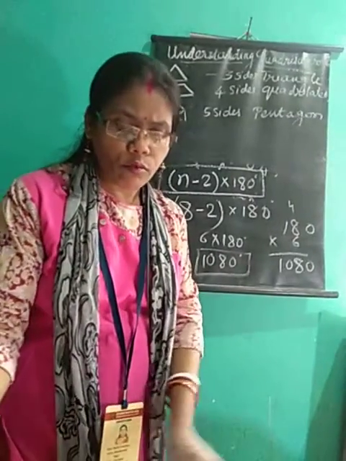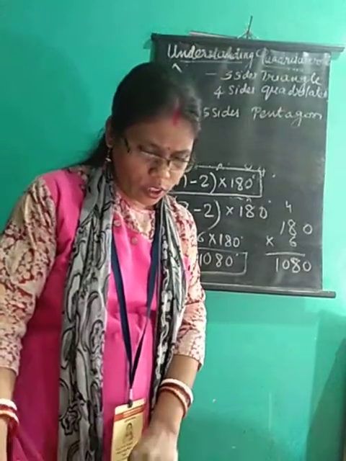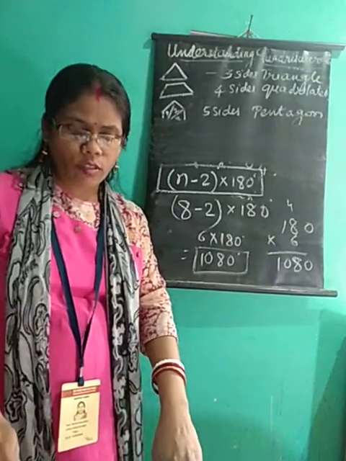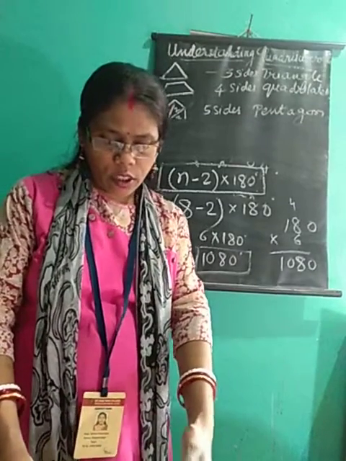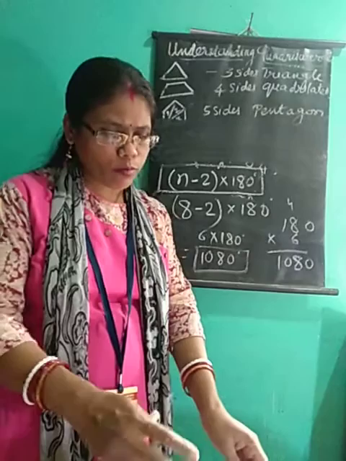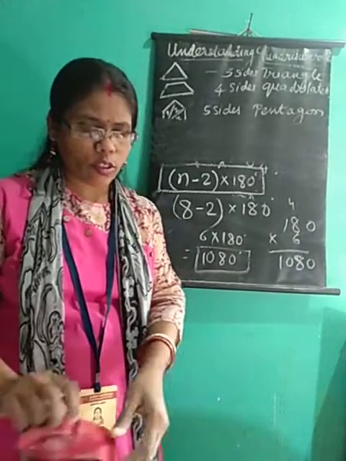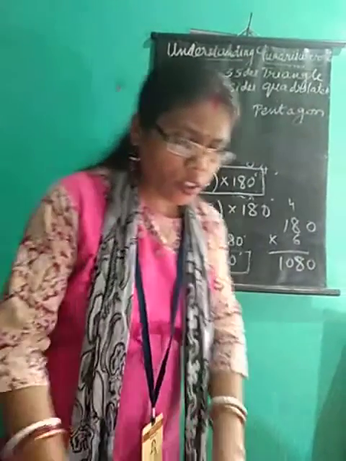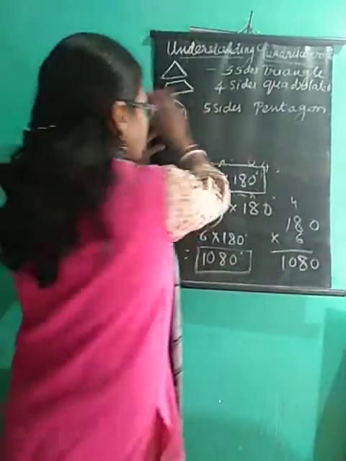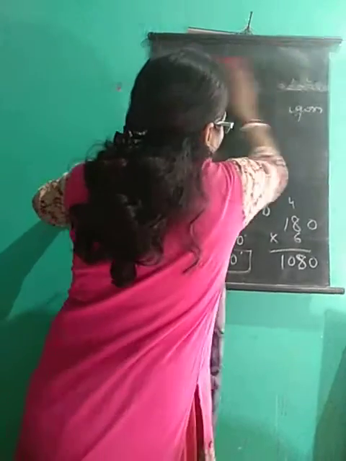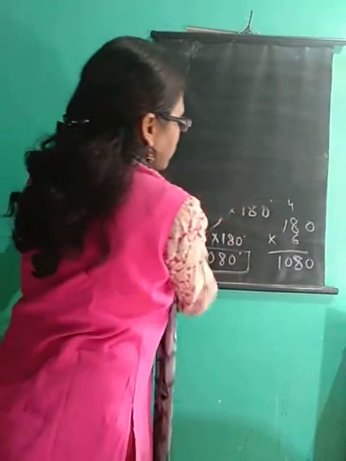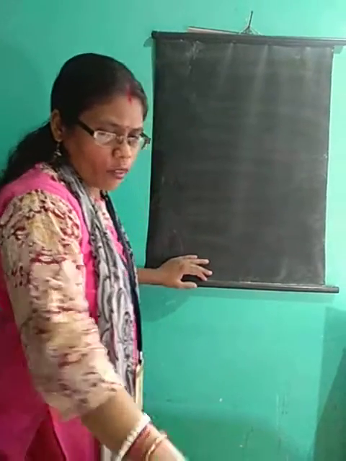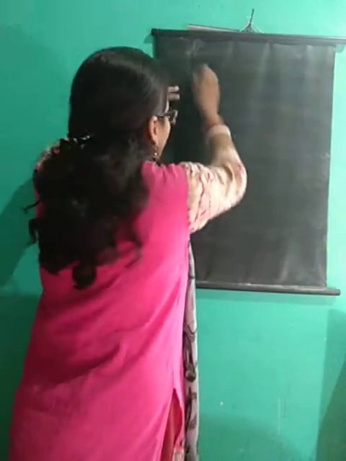Now further in the exercise, we'll just solve it simply. Exercise 3.1 we will be starting, and in that we will be doing these questions. Maximum of the questions, how to find out. One more I'll explain to you, how to find out the angle measure of a figure. Here we have some questions I'll solve and give you, and one which needs to be explained I'll explain here. Find the angle measure of x. Now this is a figure.